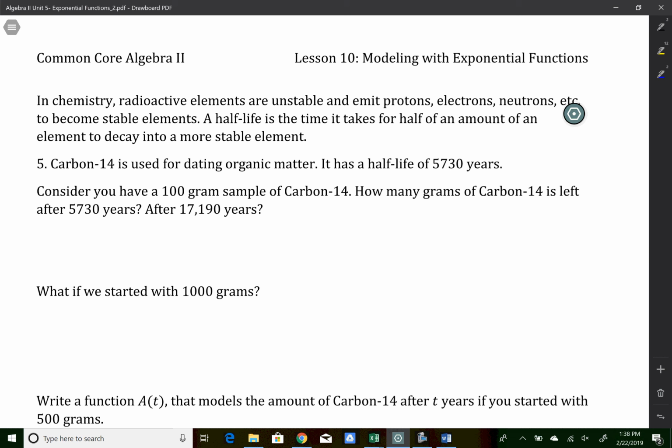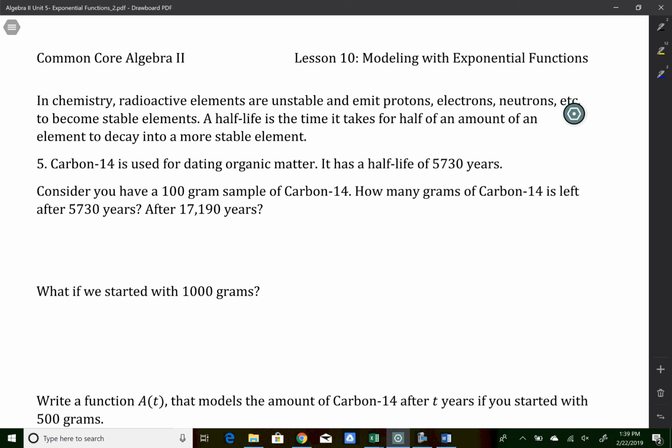There are going to be some things that sound challenging but really aren't. So when you're reading through the problem, it's going to talk about some kind of compound. It might say it's organic matter, or it might say it's a radioactive isotopic something. It doesn't matter, right? It's going to be a bunch of chemistry words in there. All we really care about is how long it takes to have a half-life, and we have to figure out how much the sample started with. All right, so it says carbon-14, so that's just the name of carbon. The number 14 is meaningless, is used for dating organic matter. It says its half-life is 5,730 years. Consider if you have a 100-gram sample of carbon-14, how many grams is left after